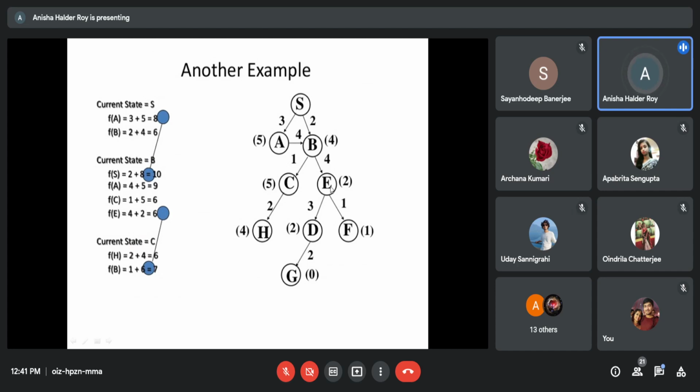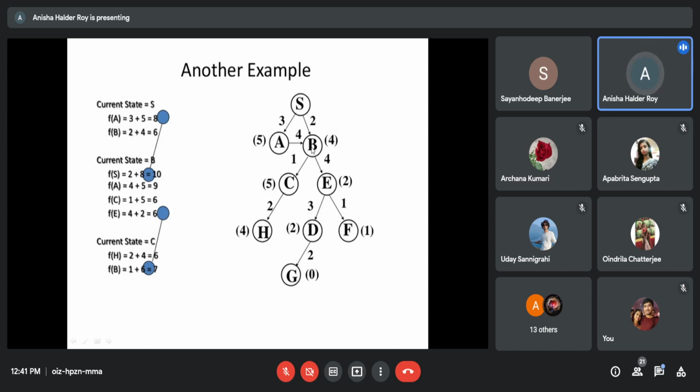But as it is a bidirectional algorithm, AO star will follow the previous paths also. So this is the difference between A star and AO star, right?